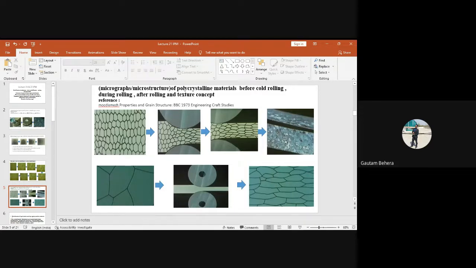The thickness is higher here before rolling, right? The same magnified image has been shown over here. You can see grain with random orientation. You are doing rolling. Now the grain has been elongated in a particular direction. Okay. Anyways,